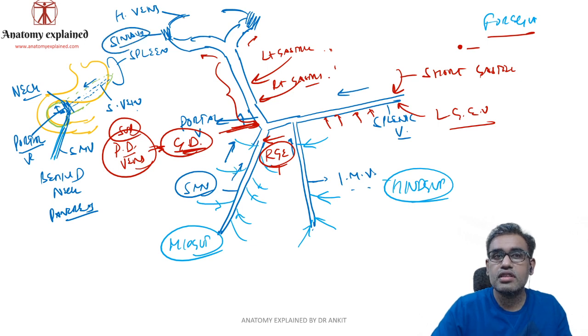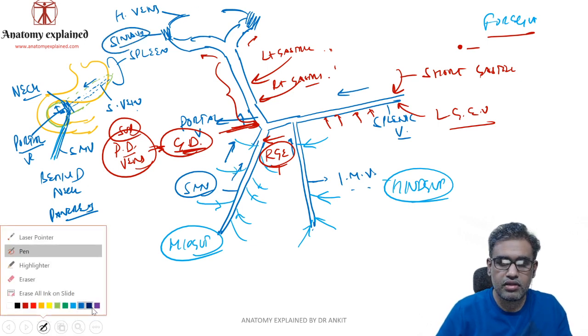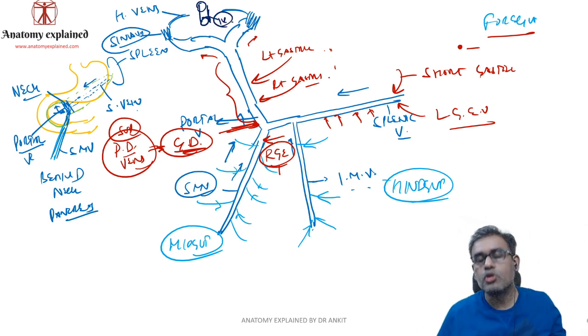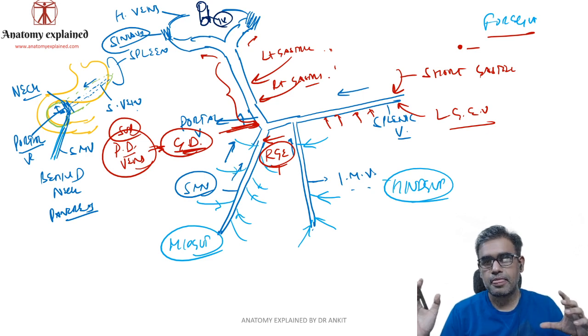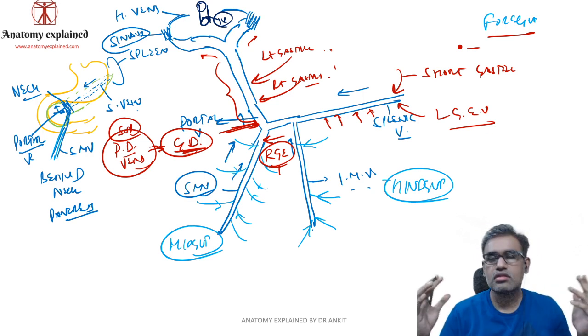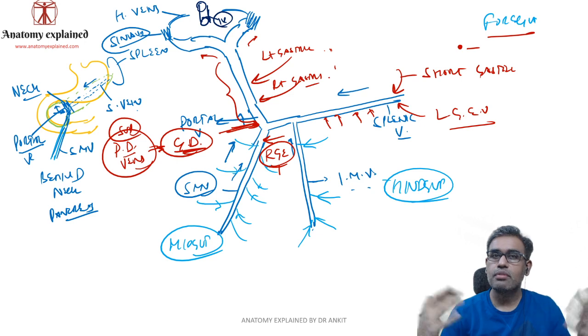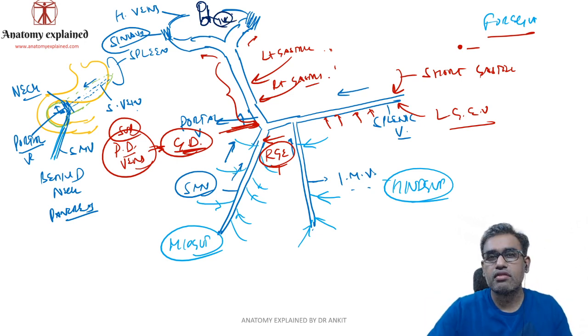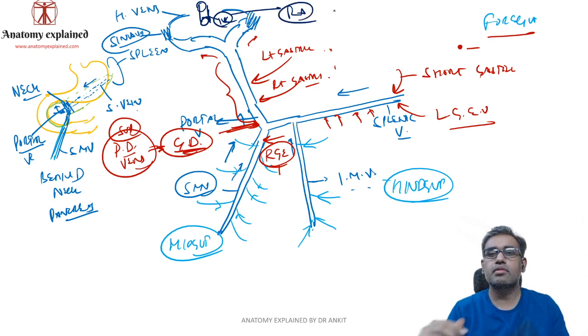Where do these hepatic veins ultimately drain? The hepatic veins ultimately drain into the IVC. So here we have this IVC. Whatever nutrient has been taken up from the gut or the spleen goes into the portal vein and is metabolized inside the liver. Ultimately everything has to reach the inferior vena cava and from there the right atrium of the heart.